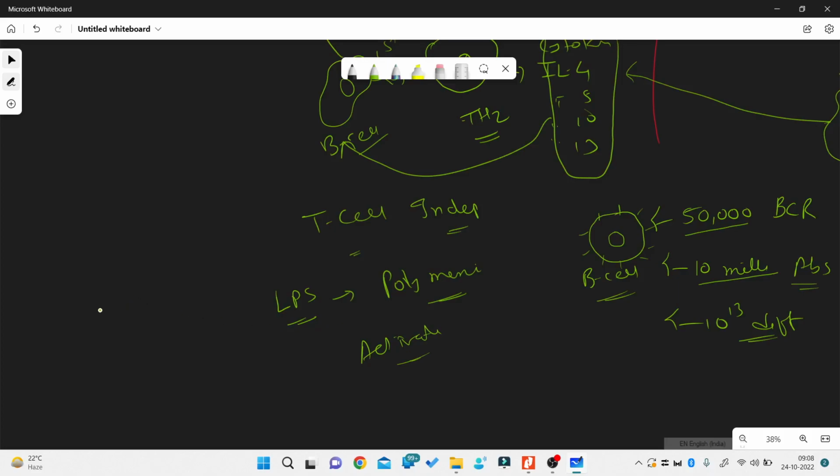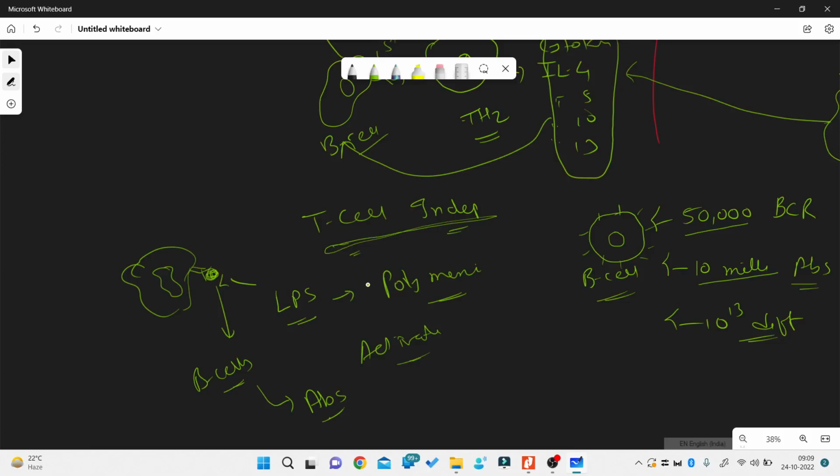So binding of these on the surface of the B cell antibody here activates these B cells, and produces a number of B cells. This will activate a number of B cells, right? But they are not able to produce antibodies, and that is why this independent B cell activation is less effective from an immunological point of view, because